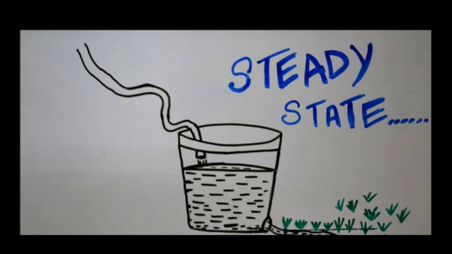If we take an analogy with a bucket and water, we see that the water level rises with time. That is, the water level is in transient state. Whereas in the second case, we can see that the amount of water flowing in is equal to the amount of water flowing out of the bucket. That is, the water level is in equilibrium, and thus we can say that the second case is in steady state.